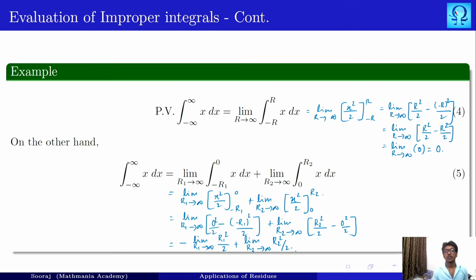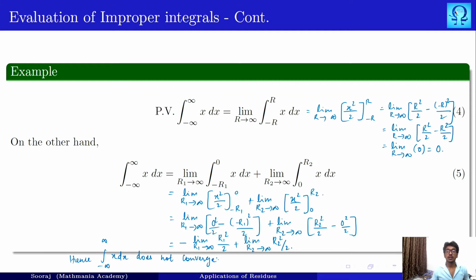Now if you make your limit go to infinity in both cases, you do not know what the resultant will be. Because one goes to minus infinity and the other goes to plus infinity, you are not sure whether the resultant is 0 or has some value. You are not very sure of the thing, right? So hence we conclude that the integral from minus infinity to infinity of x dx does not converge.